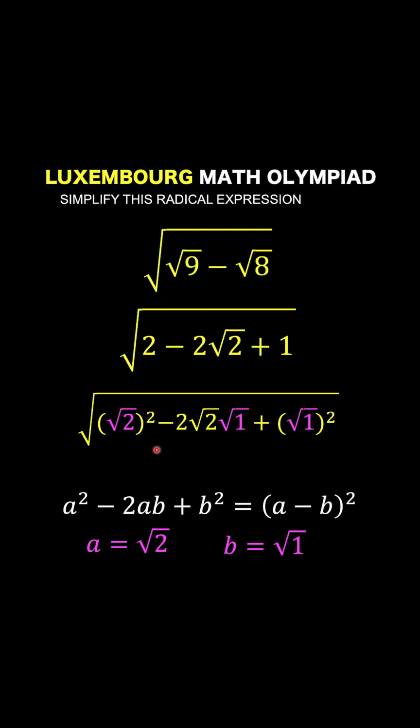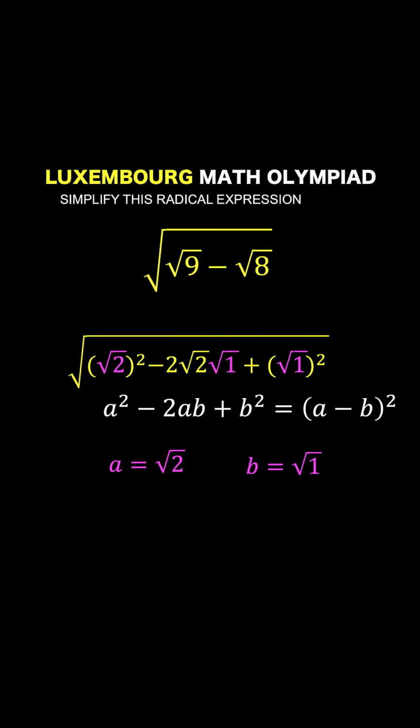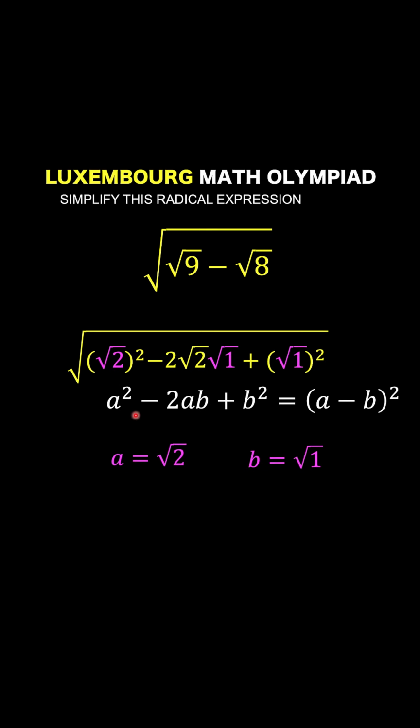But this form now is exactly the same form as the left side of this formula for the square of a binomial, where our a is the square root of 2. Therefore, this form here is a squared. This is 2 times this square root of 2 is a, so that's this a. And the square root of 1 is our b, so this is our b. Then the square root of the square root of 1, where b is the square root of 1,